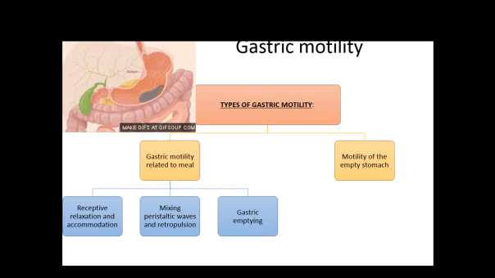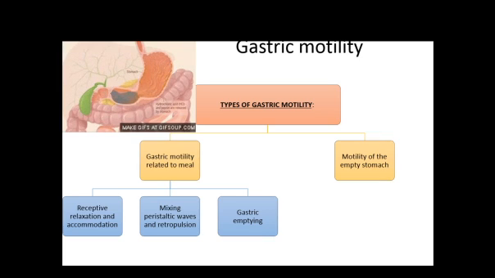Then there is the beginning of gastric emptying. Gastric emptying begins once the content of the stomach is crushed into a very fine, small paste-like consistency called chyme. Now this gastric emptying occurs in squirts, not in bolus form.